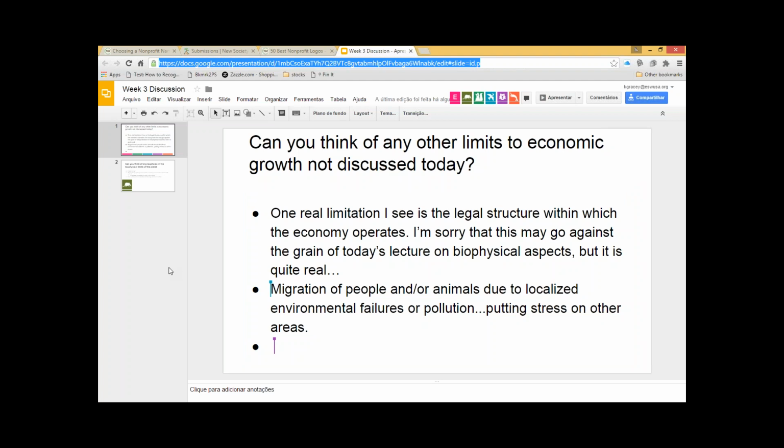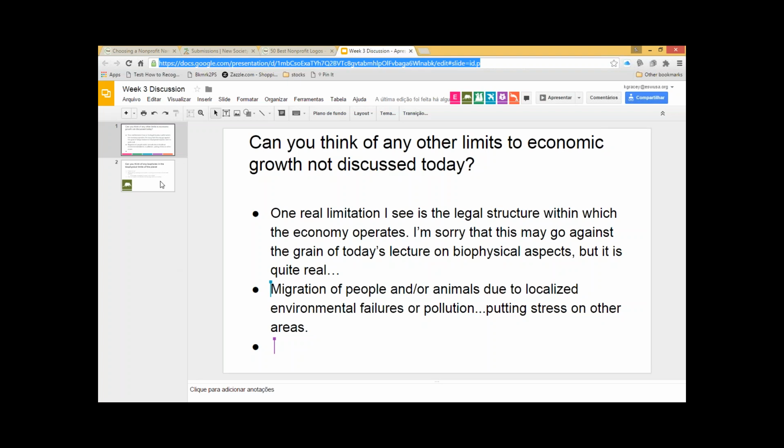They put limits on the economy, right? Because when you're busy fighting each other, it's harder to run a stable, organized economy. And so essentially, even if you don't run out of stuff, if you get close enough to running out of stuff that you start fighting with each other, that's essentially a limit on the economy, because if it's too disruptive, if it's too much fighting, it's still a limit on the economic growth that you can have, even if you have some resources left over. So yeah, those are great examples.